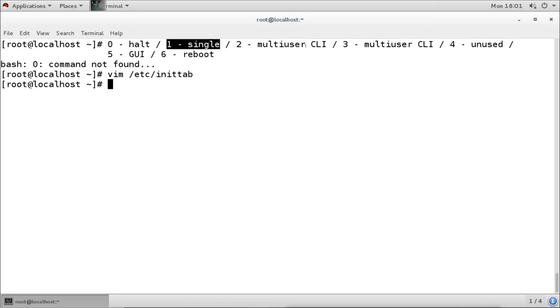Then run level 2 is not there. Run levels 2 and 3 are now the same as multi-user.target, which is the command line. Then 4 was not used, there is no use for it. Then 5 is the GUI, for which we now have graphical.target. And 6 is rebooting the system, and rebooting means simple, we have reboot.target for it.